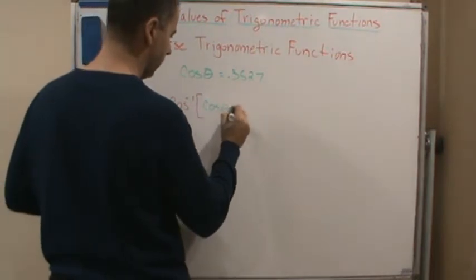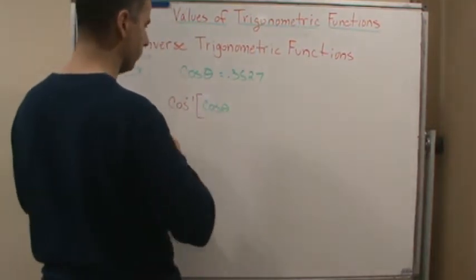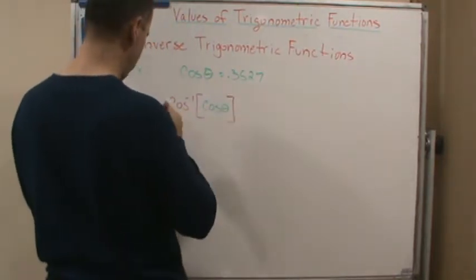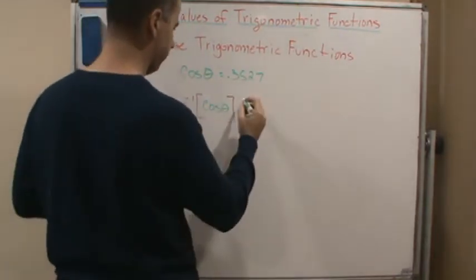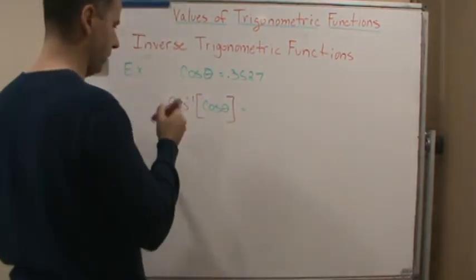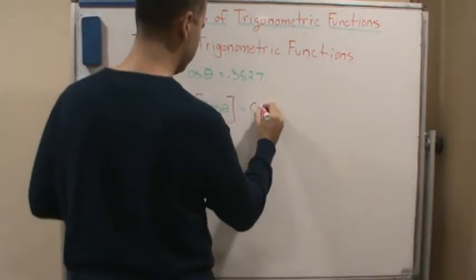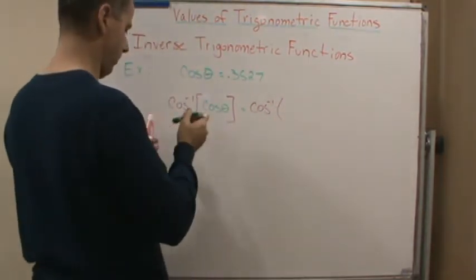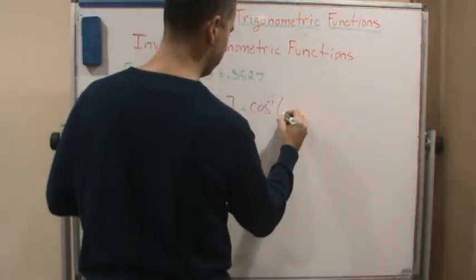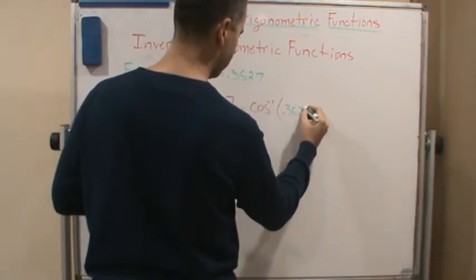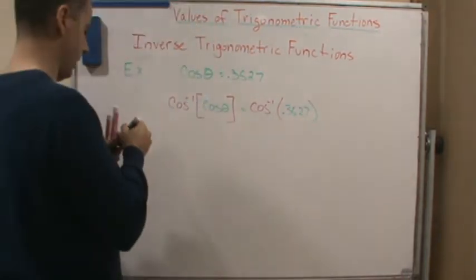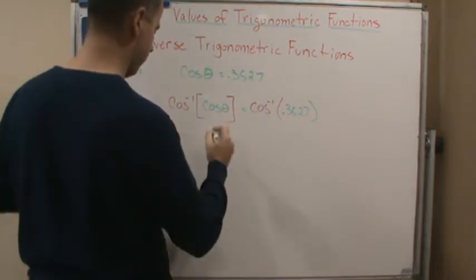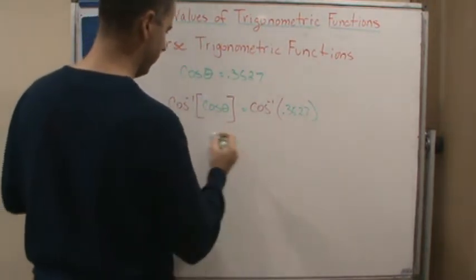of cosine theta is equal to the inverse cosine of what? 0.3527. Okay, and so what do I get? I get theta equals,